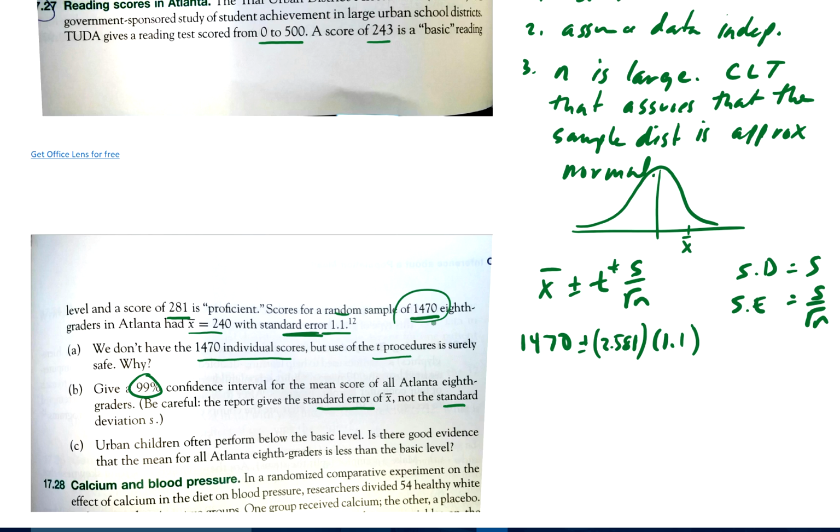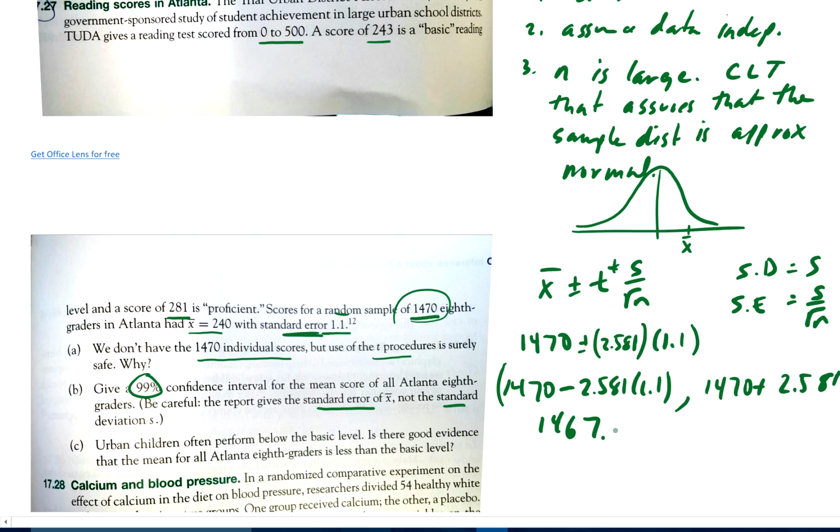Oh, and I actually can't do this on the calculator because I don't know individual S or N, so I just have to do this by hand and calculate 1470 minus 2.581 times 1.1 and 1470 plus 2.581 times 1.1. So let's go ahead and do that. And I get 1470 minus 2.581 times 1.1, I get 1467.2, and